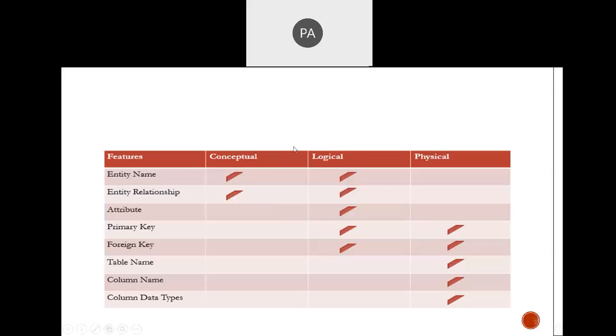See, this is the detailed structure, but the view level is not there. So here I taught the conceptual level, logical level, and physical level. In the conceptual level, we just need to imagine what type of entity there is, what type of attribute, what type of attribute name, and what type of relationship there is.